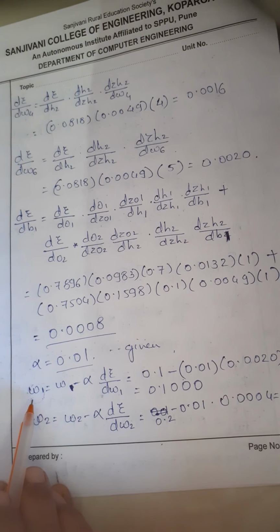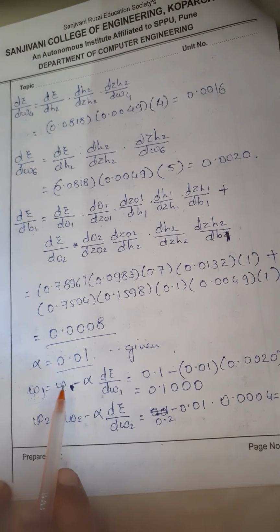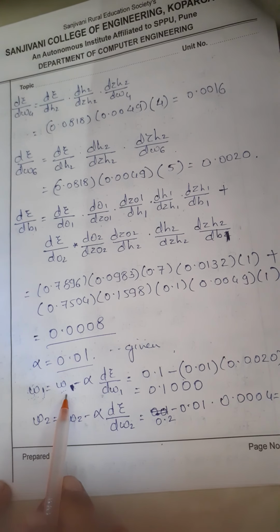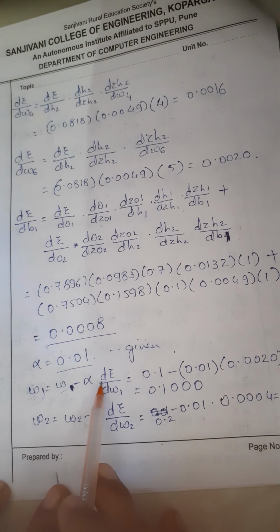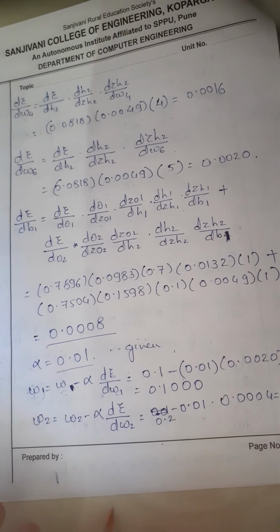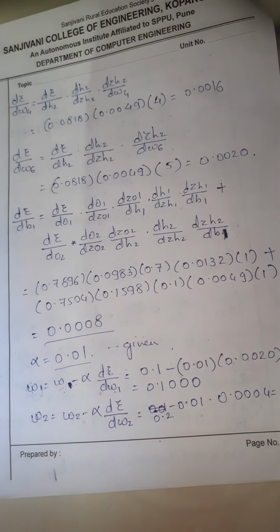This is our old weight. This is our final part: we have to compute the new weight depending upon the old weight. So this is my old value of W1, my initial guess, minus alpha into dE with respect to W1. What we are trying to do is reduce the error by changing W1. Sometimes, as I said, we need to reduce it or we need to increase it. It depends upon the gradient descent, the slope of it.